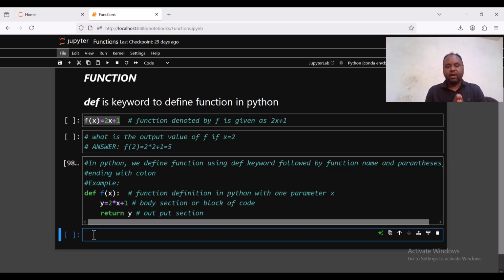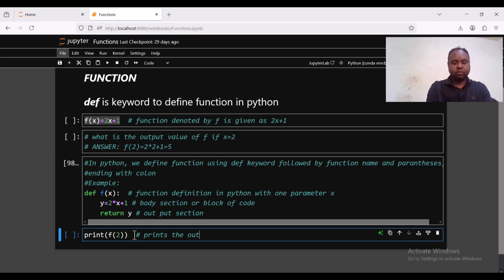Displaying the output of the function can be done using the print statement, right? Basically, executing the function can produce an internal representation of the output of the function, but it cannot be displayed so that users can read. To represent that output explicitly, we force it to use the print function. For example, print f of 2. Print f of 2 is nothing but what will be the output of the function f(x) = x plus 1 if x is equal to 2. This statement prints